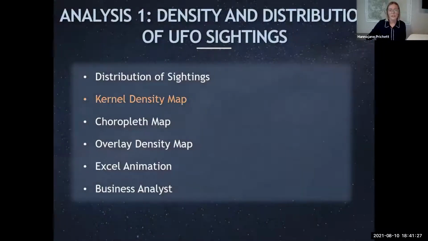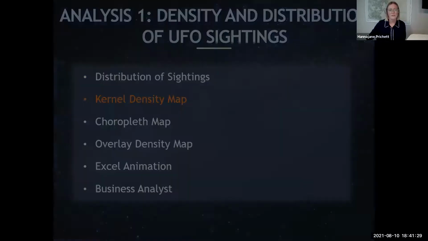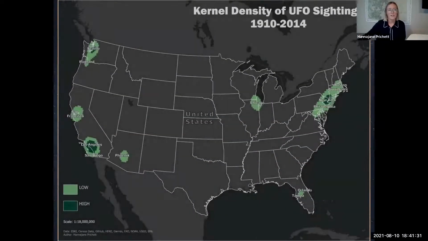Now we have our Kernel Density Map. This map is showing density of sightings from low to high. Kernel density was used because it calculates a magnitude per unit area from a point, in this case, using the kernel function to fit a smoothly tapered surface to the points. The tool calculates the density of features in a particular neighborhood around the input features. In this case, those input features were the UFO sightings points.